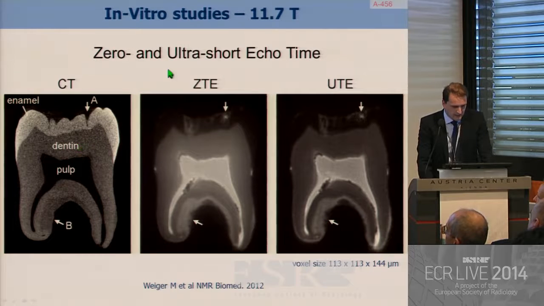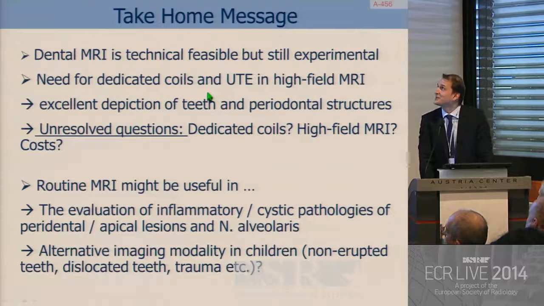This is another example of this technique, and this is a CT, and again you can see here the enamel is now visible with MRI, and you can see here carious lesions in the enamel part, and the dentine part of it that is now easily distinguishable. But on the other hand, you need 11 Tesla to perform this imaging. So I think I was a little bit too fast, but we can just come to the take-home message,